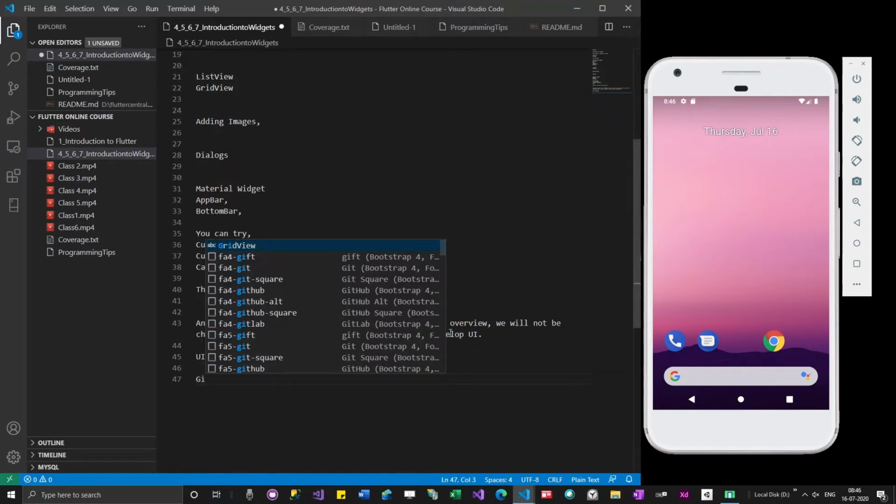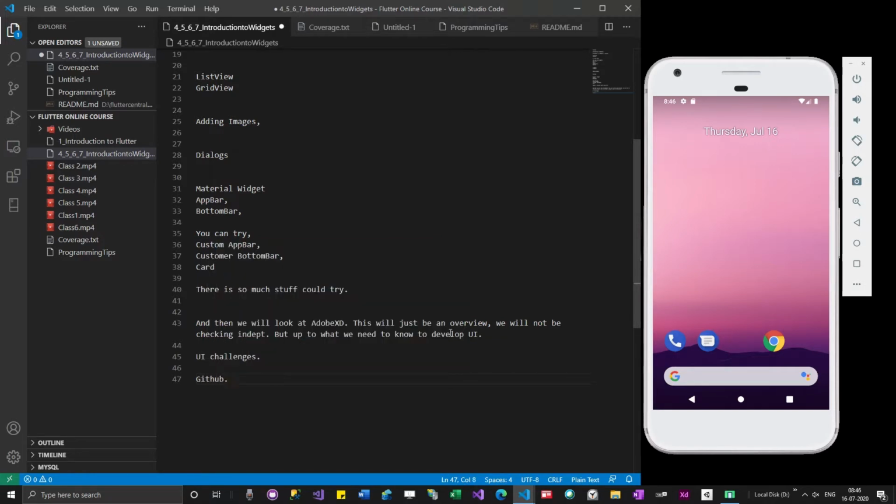If you want to try something different than GitHub, you can try sharing the code that way also. Like that, we'll know there are other things like GitHub also. One of them is Bitbucket. Don't worry about this stuff. This is the part we do when we are sharing the code. And then we'll go to the next topics.